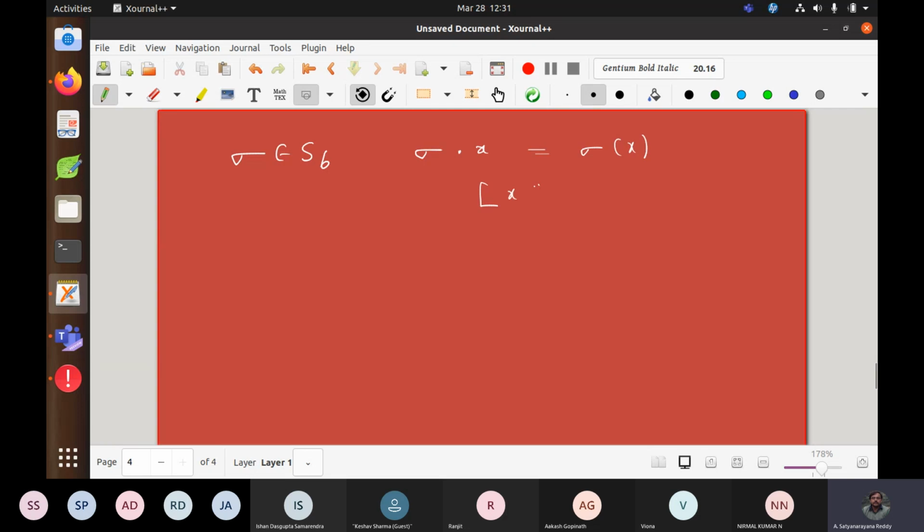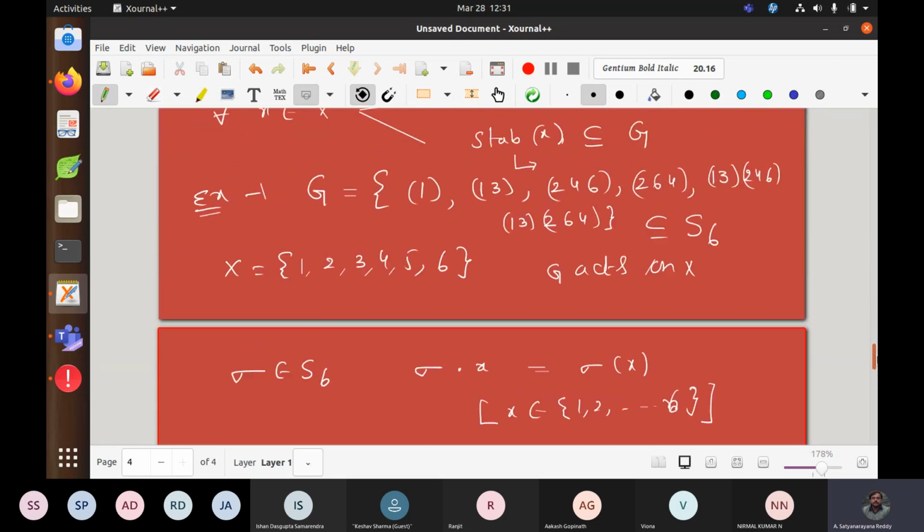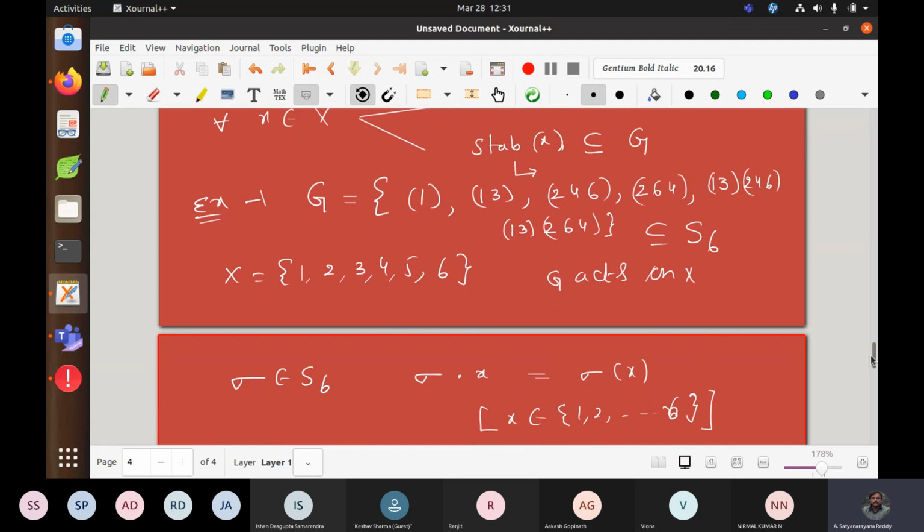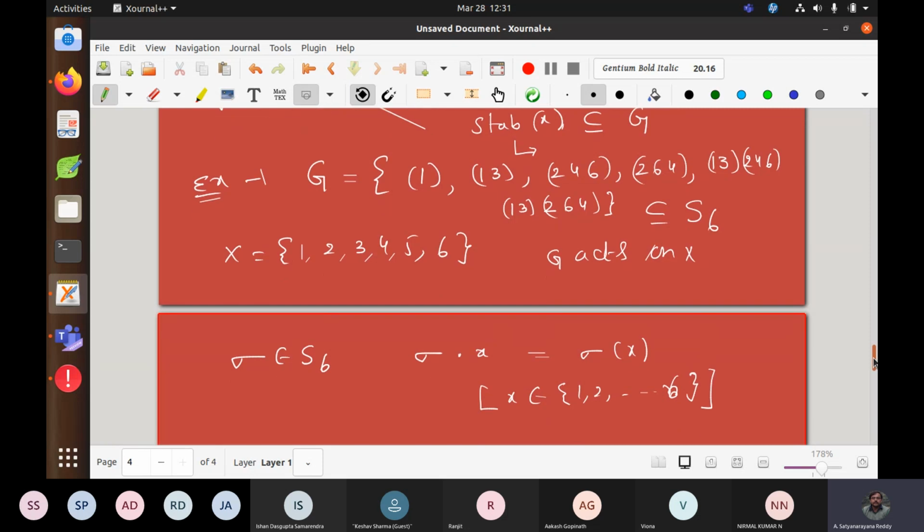What I mean is x belongs to this 1, 2, 3 and so on up to n, or 6 here. So then I take x as 2 and I take sigma. So sigma takes 2 to some number, so now it is again an element. So it is a map. I hope it is clear to you. This is what we discussed in the previous class. Right? Okay. So I hope the action is clear, and we proved that it is actually a group action. So last time, I do not want to repeat that, but I want you to check